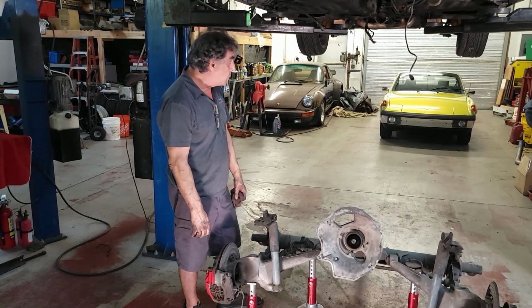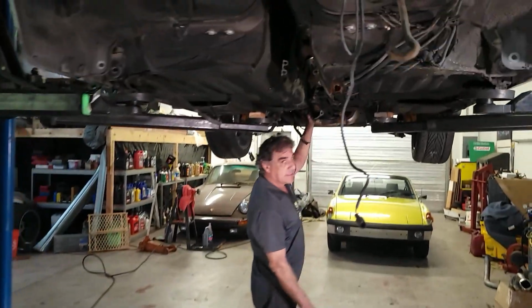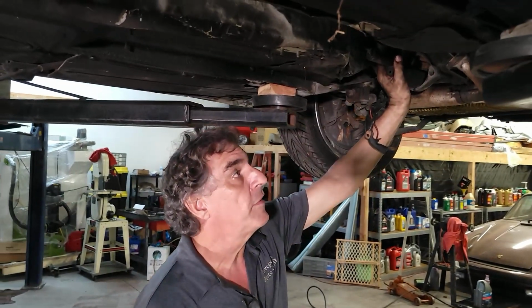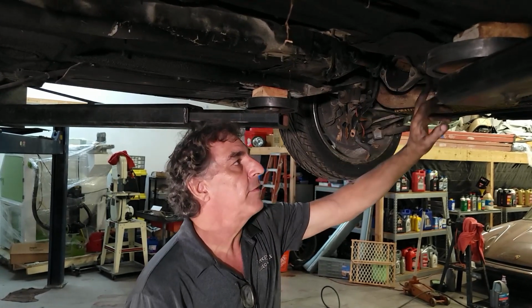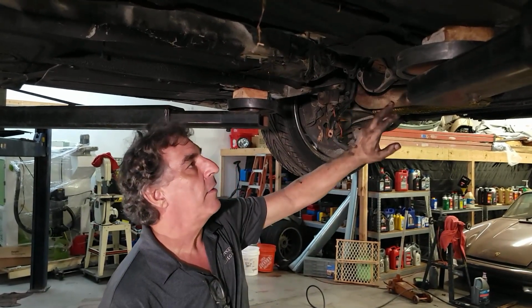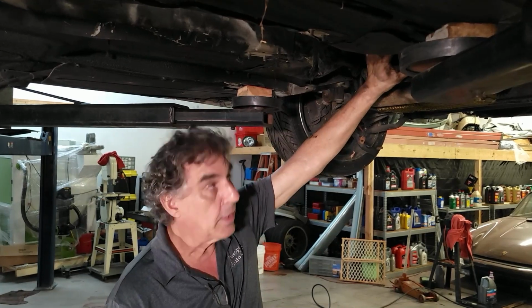Well, that's it. The torque tube is out. I'd like to take the bell housing off before we pull the engine out. There is room for it, but it's tight, real tight. So why don't we simulate that we're doing a clutch? Although getting this exhaust pipe off is a nightmare. So maybe we'll give it a shot if we can. If we can get this out of the way, I can show you how to replace a clutch with this